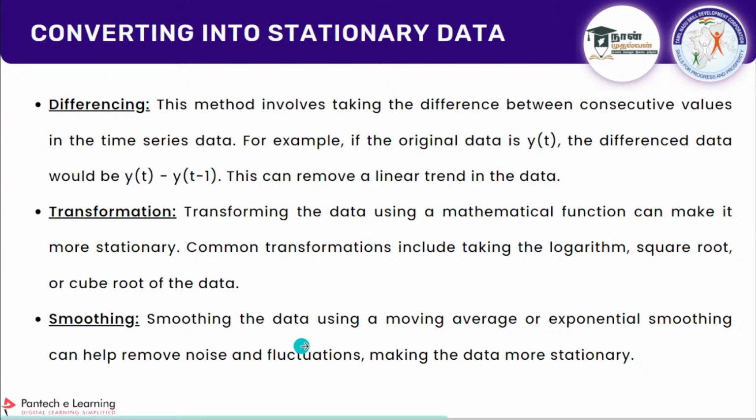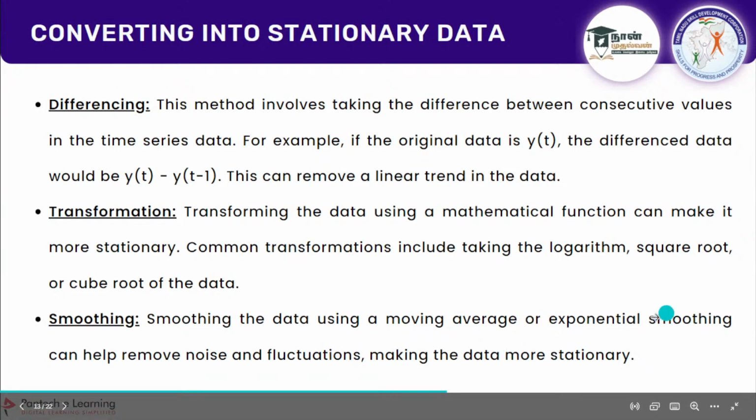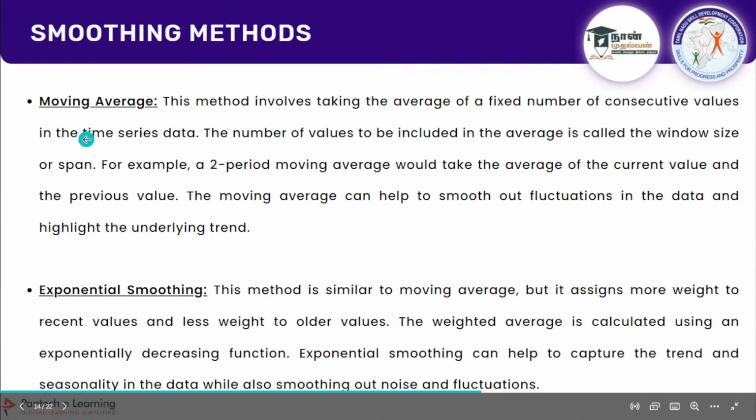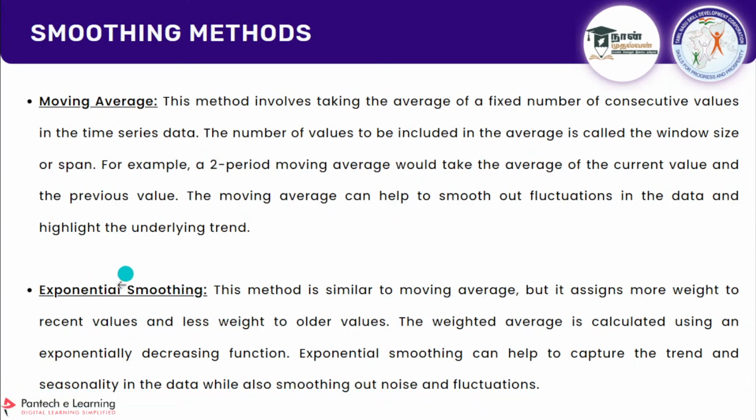So then moving into the smoothing effect, it contains moving average and exponential smoothing. These are some methods we'll discuss. Moving average and the exponential method, I hope these two methods will be clear. These are very basic things regarding the smoothing methods. What is the moving average method? What is the exponential smoothing method?